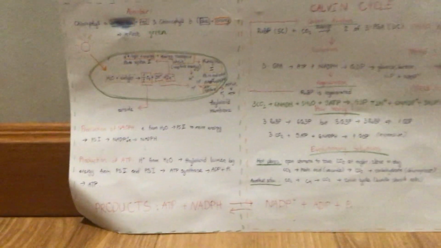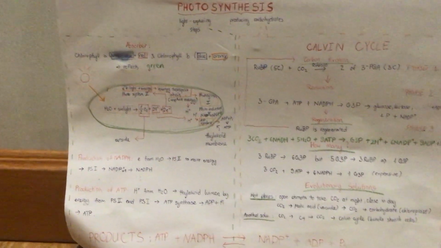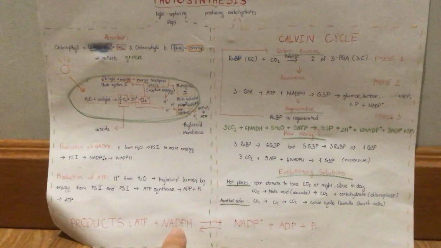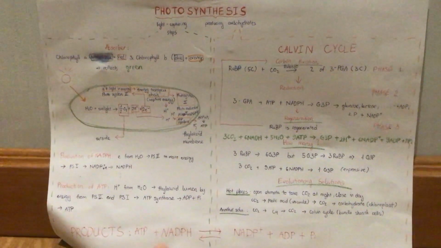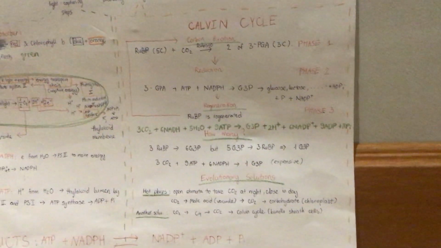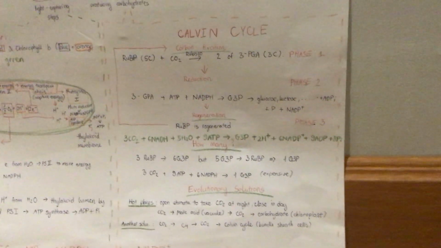Okay, so the products of the light capturing steps are ATP and NADPH. These two will be used in the next stage. The next one is the Calvin cycle. So what happens here is that